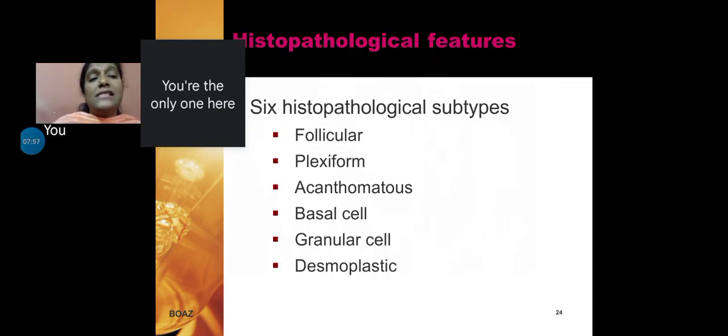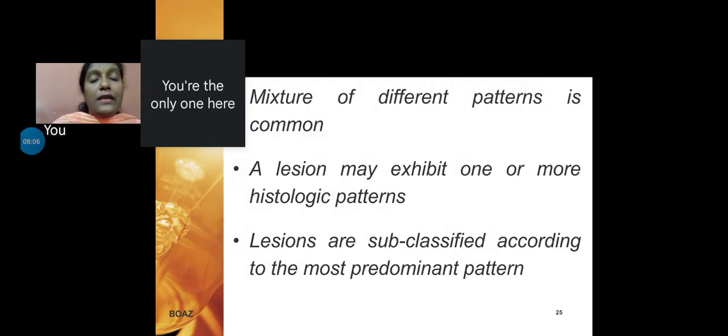Histopathologically, there are 6 subtypes of ameloblastoma: follicular, plexiform, acanthomatous, basal cell, granular cell, and desmoplastic type. Usually, ameloblastoma tends to present itself as a mixture of both epithelium and ectomesenchyme surrounding it. So the lesion can present in the 6 histopathological patterns. We may see overlapping of 1, 2, or more than 2 patterns that coexist with each other. So assigning the name or the grade of the lesion depends upon the type or the pattern which predominates mostly